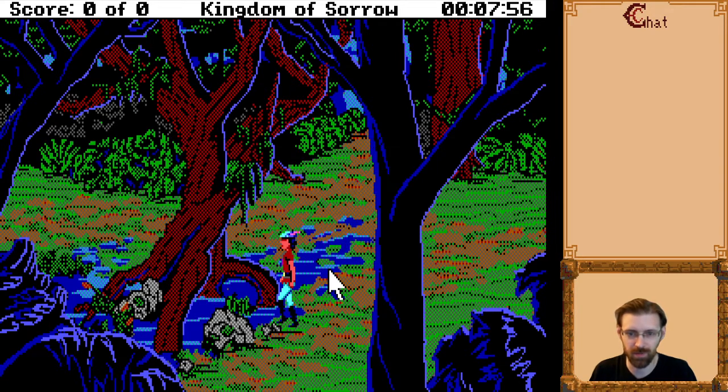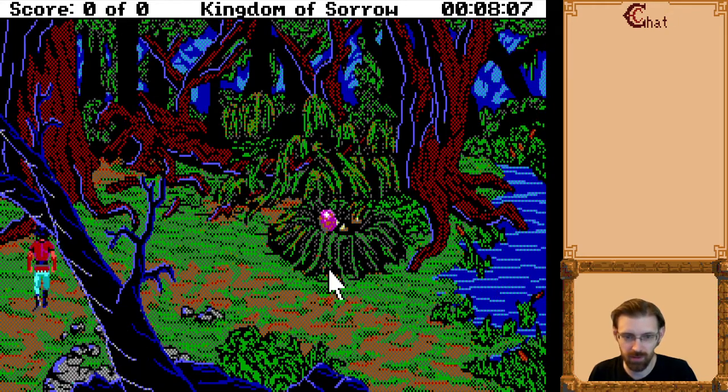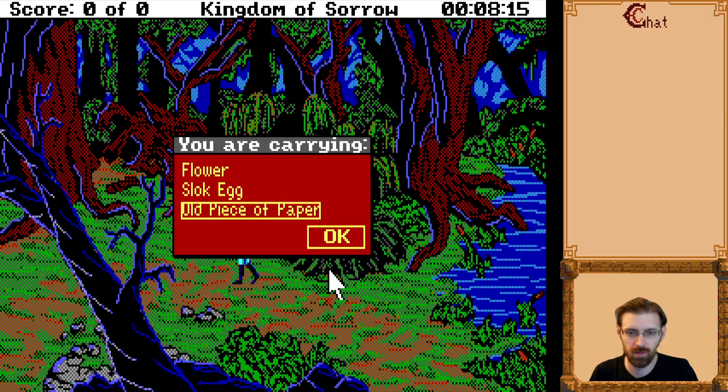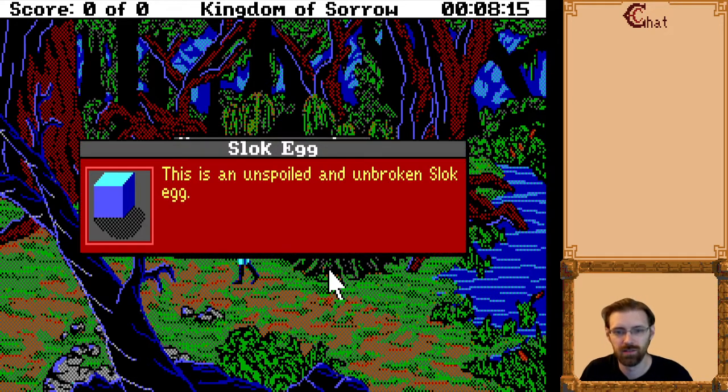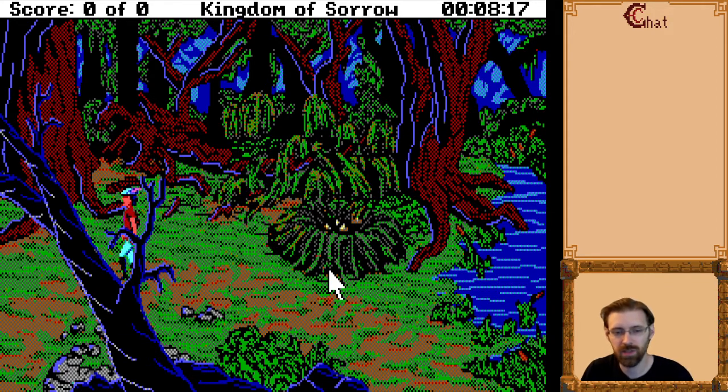And there's no images for the inventory items yet or anything. And then an eggshell from a specific creature, which would be this purple egg right here. Slock egg. Unspoiled and unbroken slock egg. So you needed the shell, so maybe there'd be 3 ingredients anyway, and each ingredient, one would have